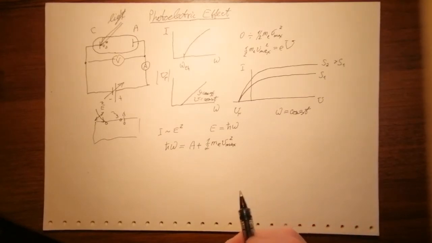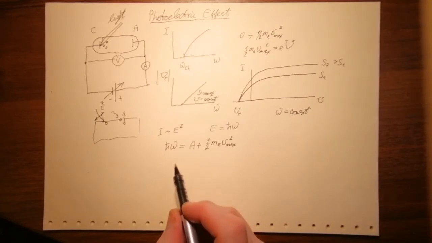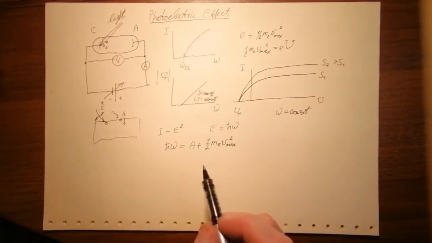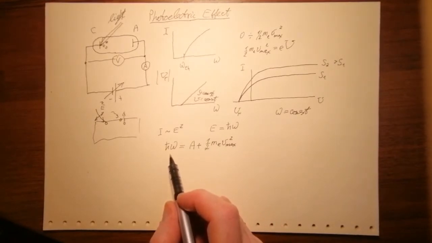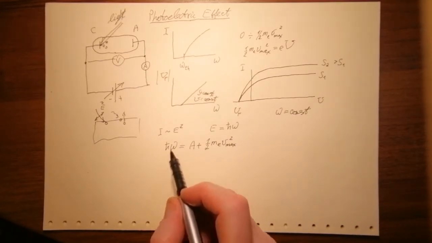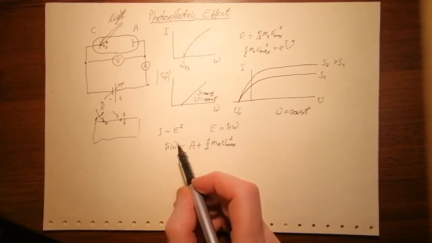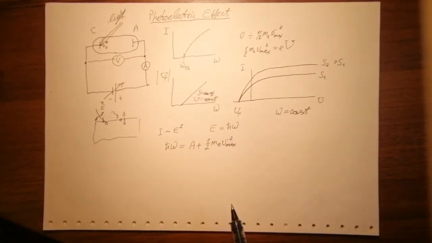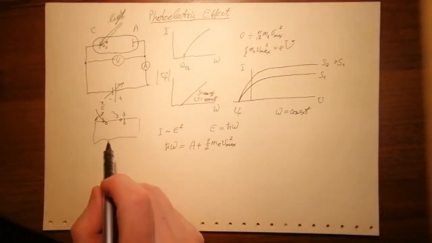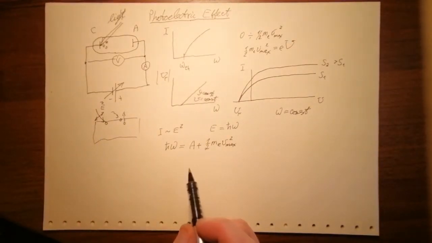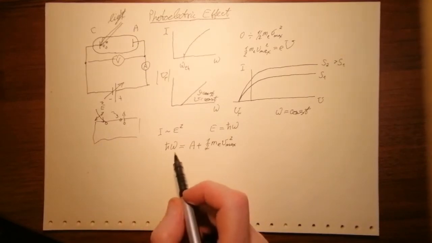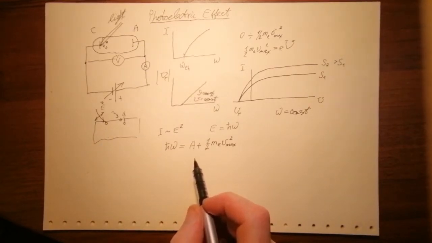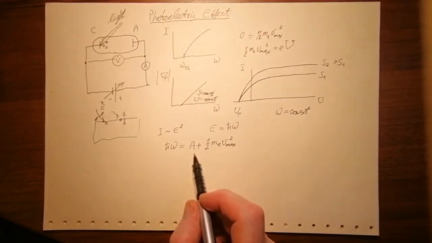Now let's look at this equation. So the idea is that light is propagated as a flow of particles. These particles are called photons, and each photon bears this energy, and when it interacts with an electron, it transfers its energy h omega to the electron, and the electron spends this energy